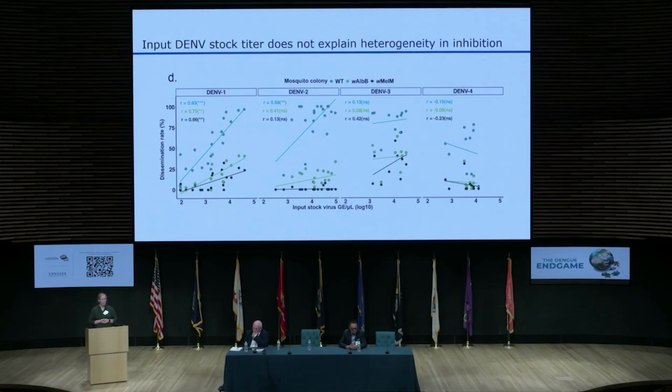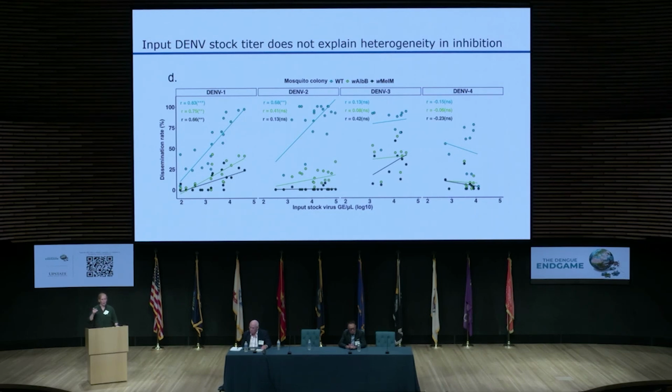If we look at the wild-type mosquitoes, in that teal color, we see a pretty clear correlation that if you give more virus in the blood meal to these mosquitoes, you basically just have a higher chance that they become infected and disseminated. This is something we know pretty well from other viruses as well, totally as expected. But we wanted to make sure that just the virus titer would not explain all the variation that we're seeing, and that's what we see here.